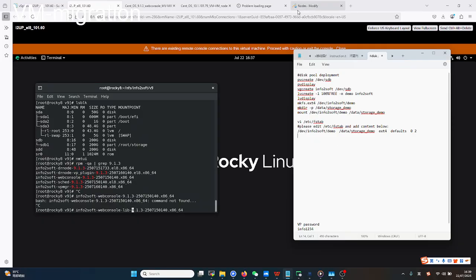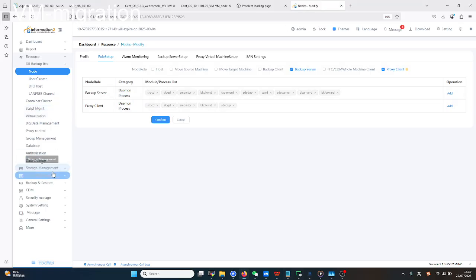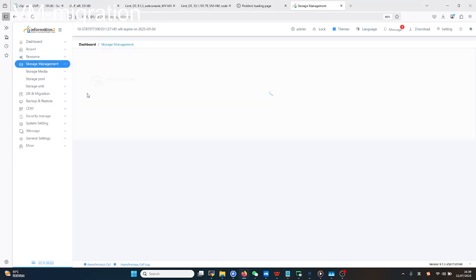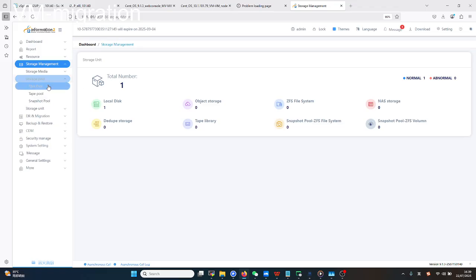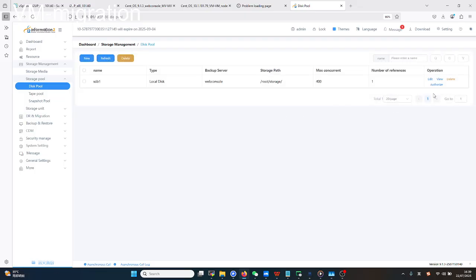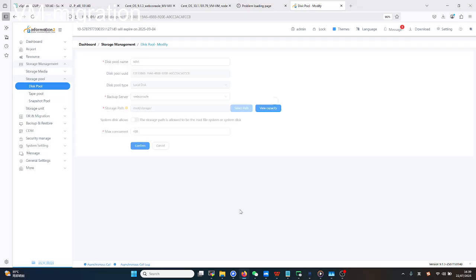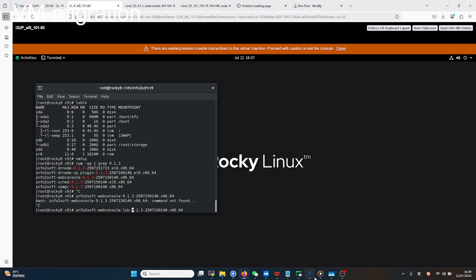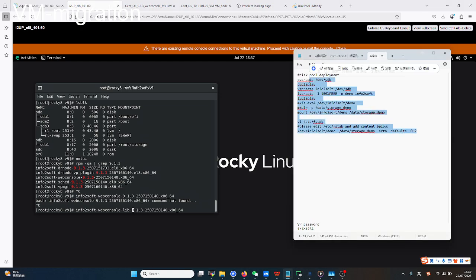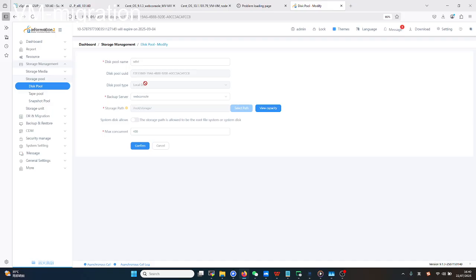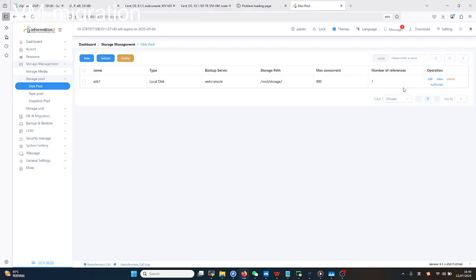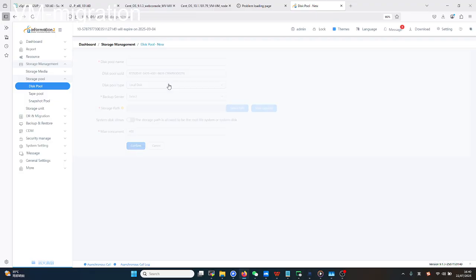And after we've done this, we can go back to the i2UP, then select storage management, storage pool, the disk pool. Then on the disk pool, if we finish all the configuration, as we mentioned before, the system will detect the necessary parameters here. Then you can just select anything you need, or you can just create a new one,